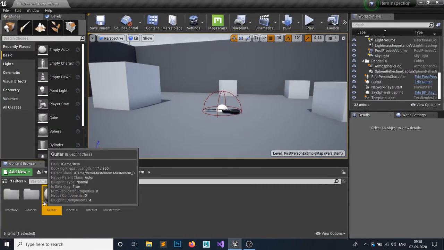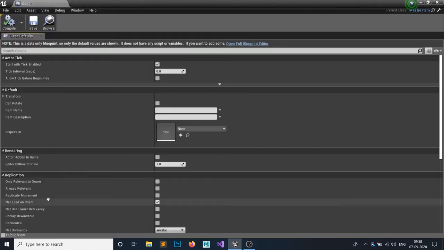We have our guitar, so open this and let's name it guitar, and this guitar is from a famous band. The description would be anything.